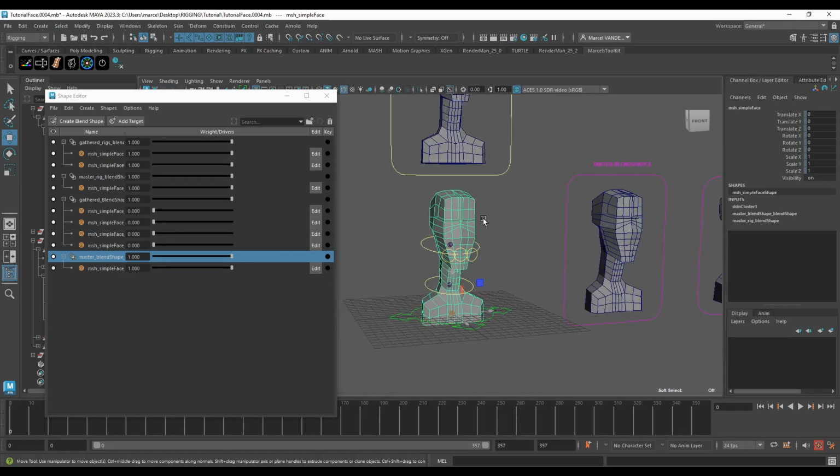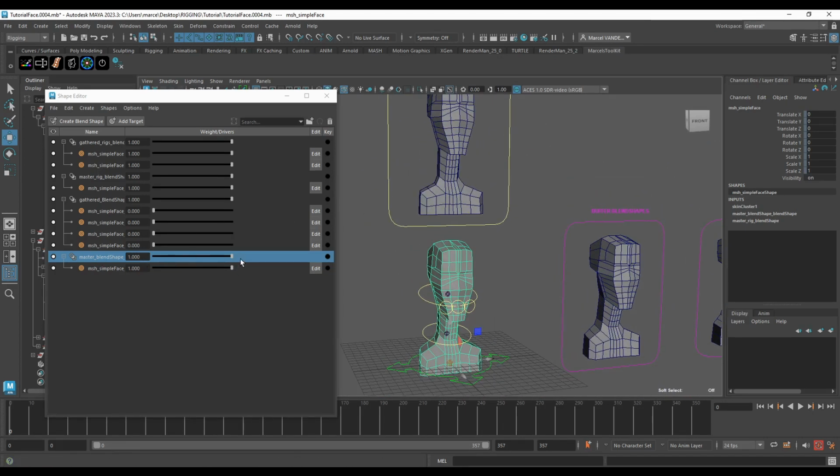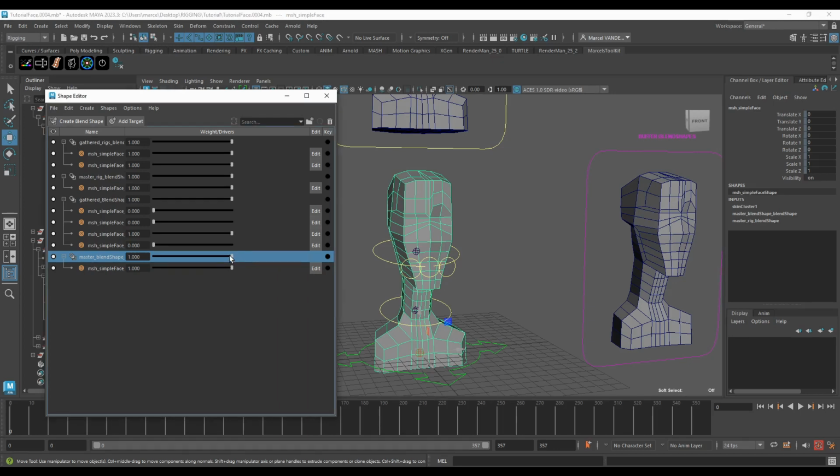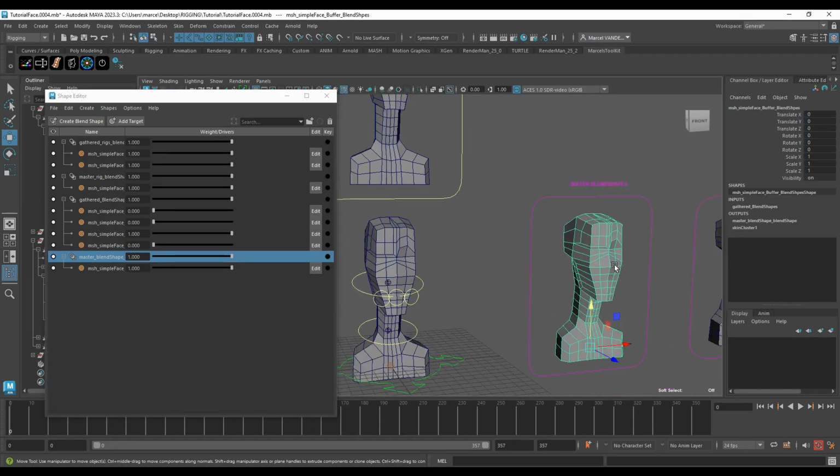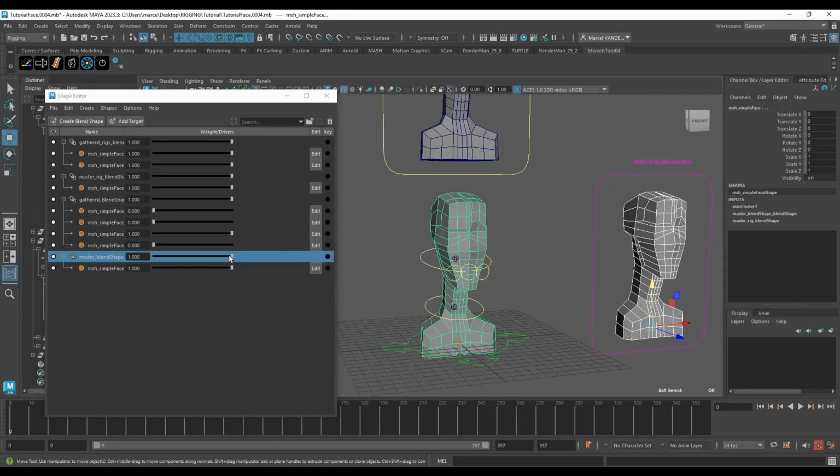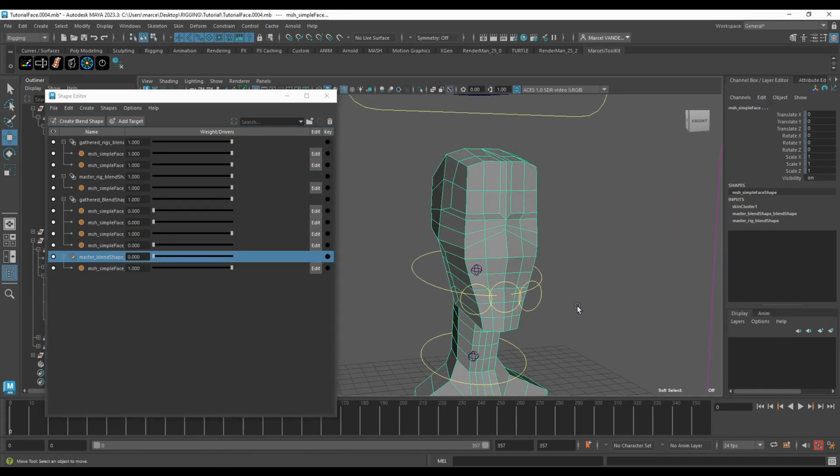What I mean is, for example, we have the blend shape here that is working all right, but if we deactivate the blend shape that transferred this to this,